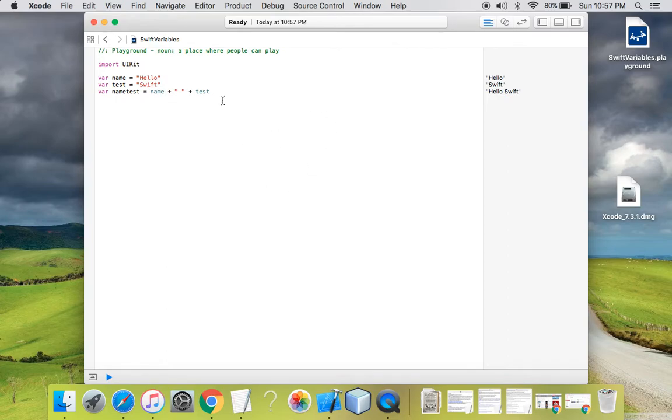Now the next part is that Swift gives us a really cool feature known as string interpolation. Now what does this mean? What does string interpolation mean? We can construct a single string made up of multiple variables all in a line. If I want to say something like, for example, I'm giving you an example of string interpolation. What is meant by string interpolation?